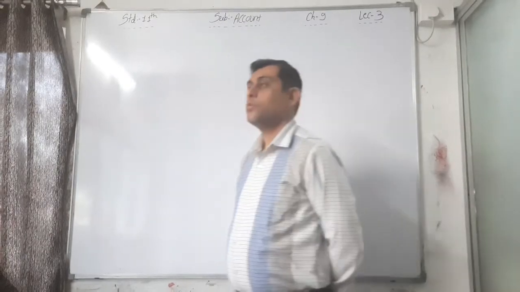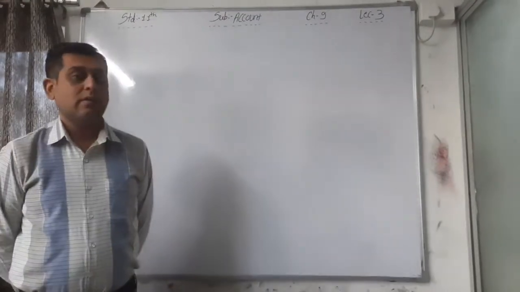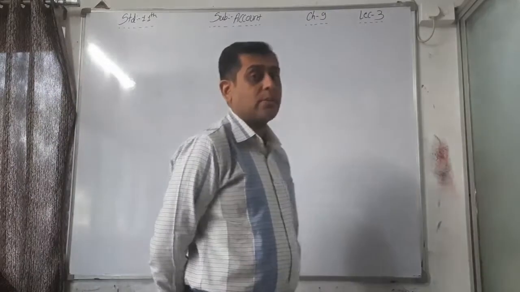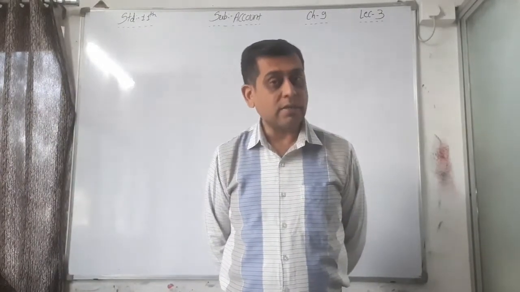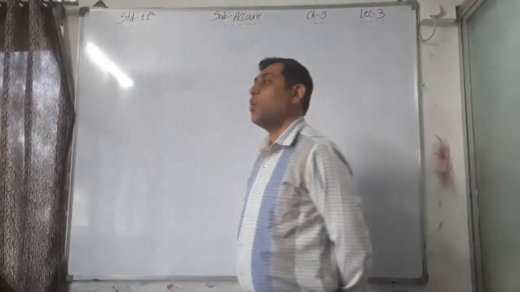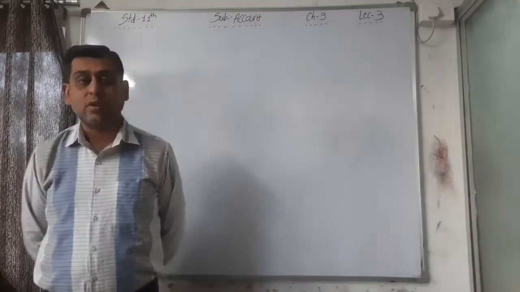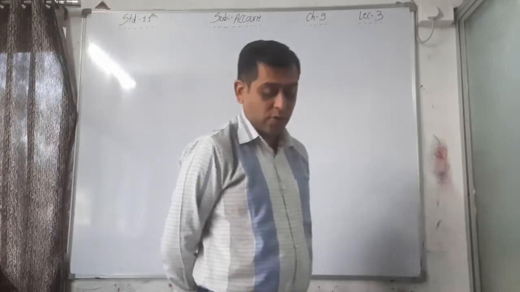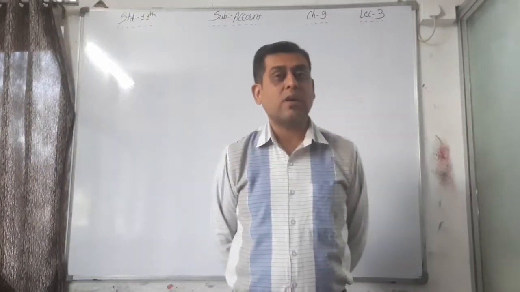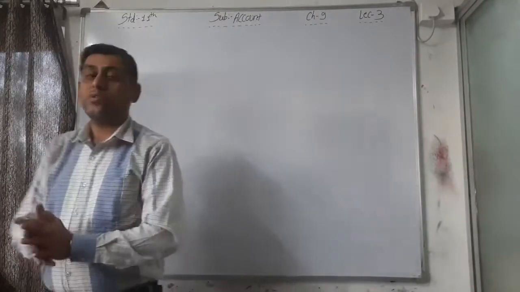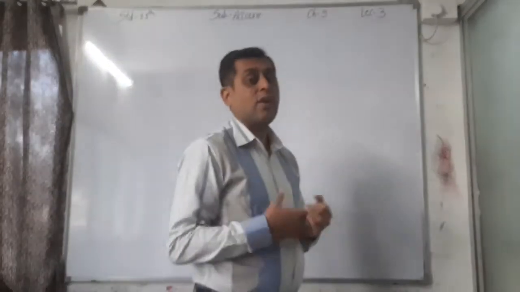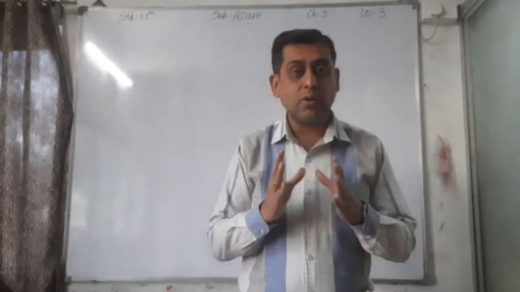I hope you read that example. Now we will discuss illustration number 2. First of all, write down the journal entries, and then we have to record them into the different affected accounts. I am not writing down the journal entry because you know very well the format of journal entries, so I hope you can do it.